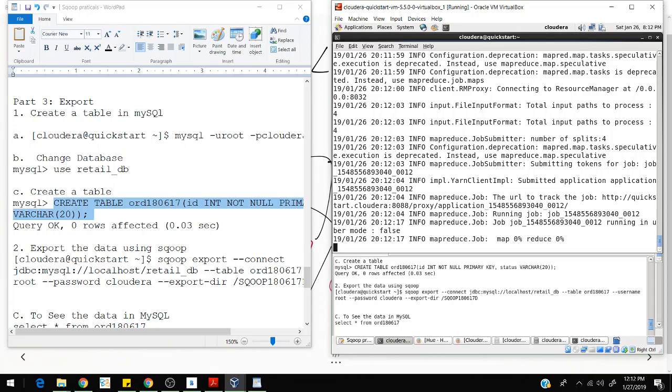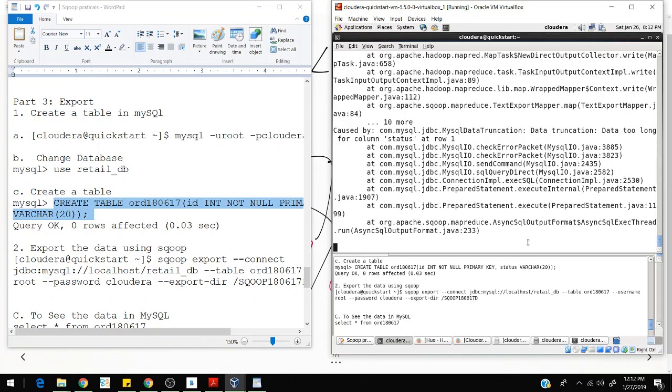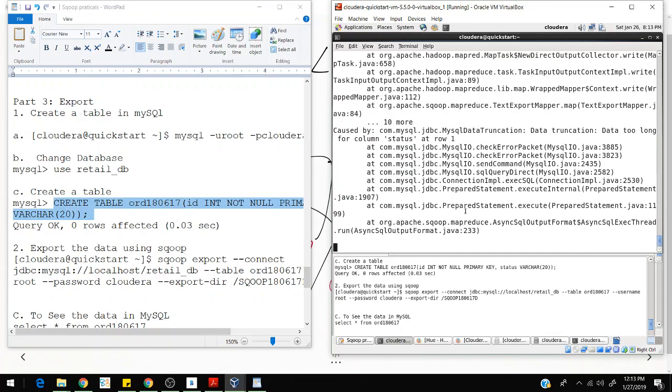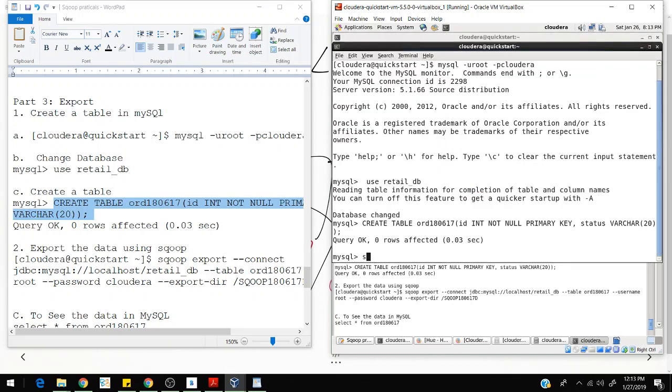Mapper is starting, 0% mapper. It should take more than 1-2 minutes. It is saying that data truncation is happening because I am putting my entire table into 2 columns. So it's okay. Export is running. It will take some time, and once it is done,